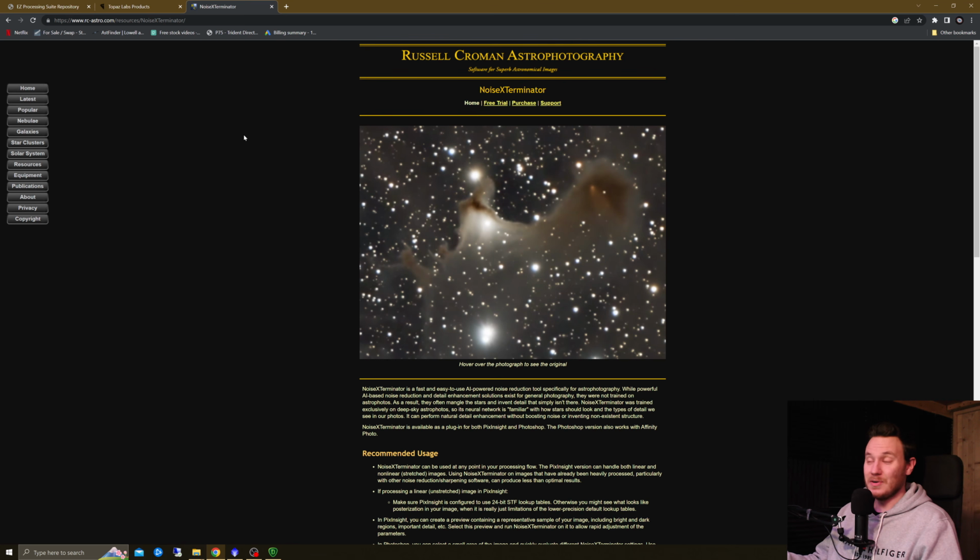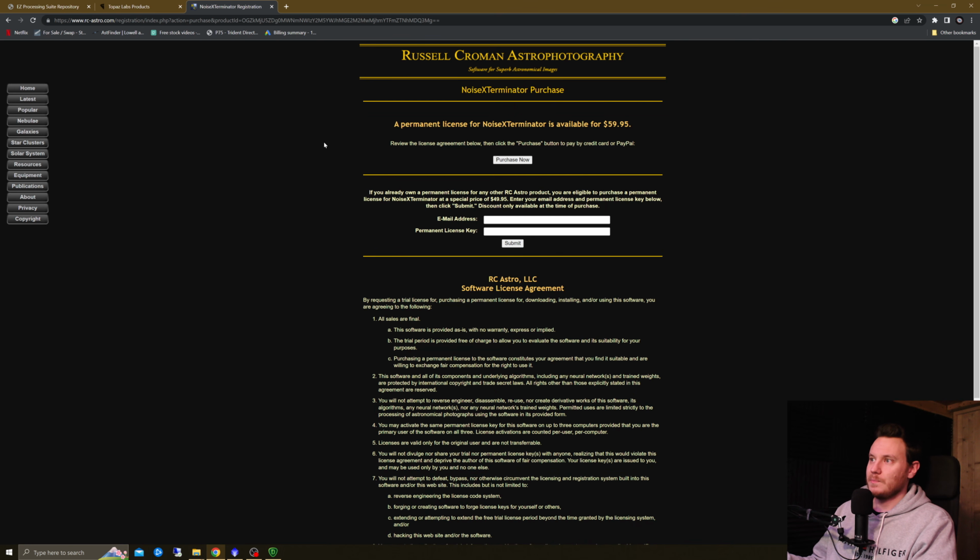This is NoiseXTerminator by RC Astro. Again, this is available with a free trial if you need to give it a go first. As you can see, a little web-based demonstration too of what it does. It really does work like that. But if you want to go ahead and purchase this, if you just click purchase, it'll take you through to